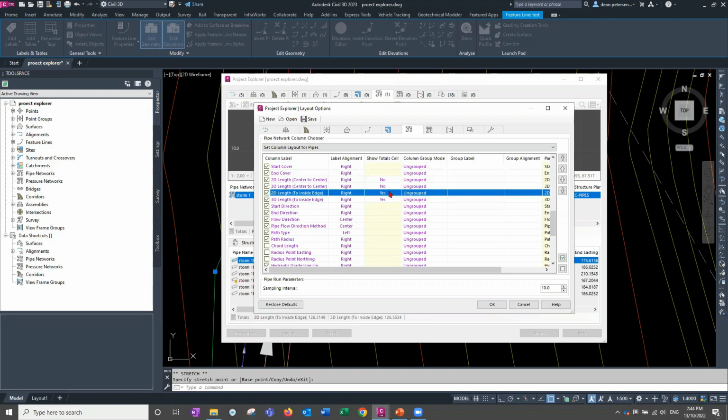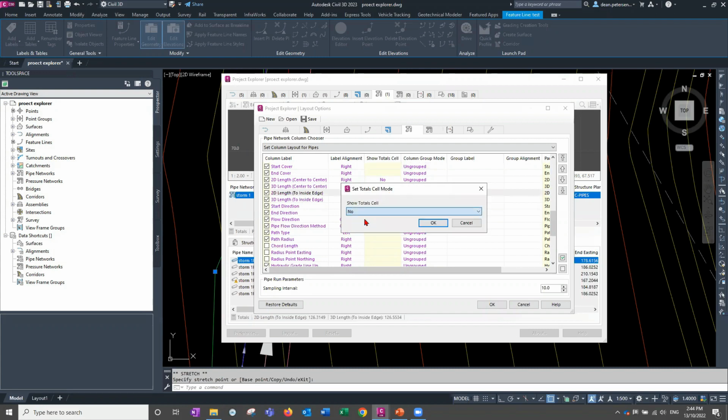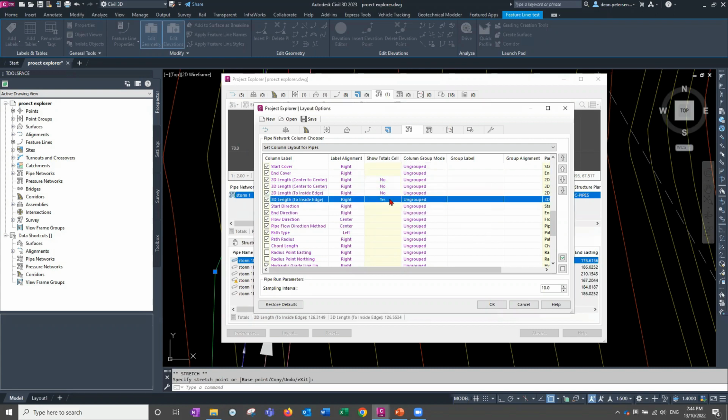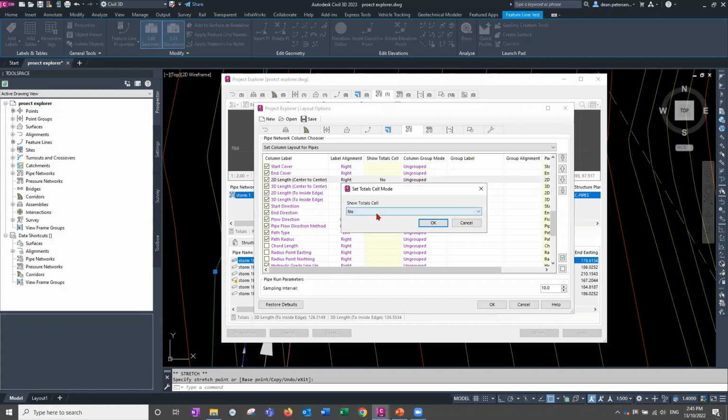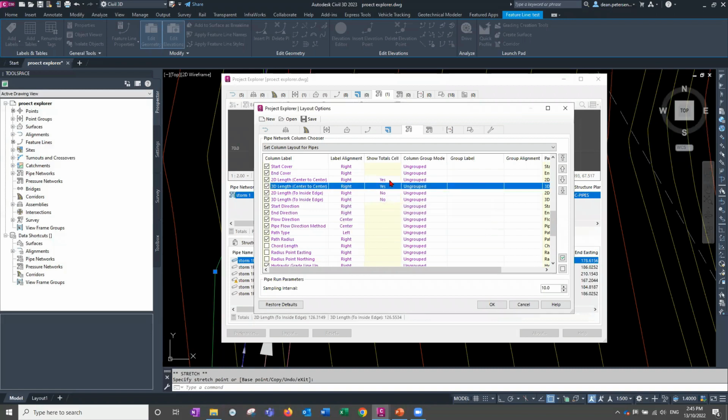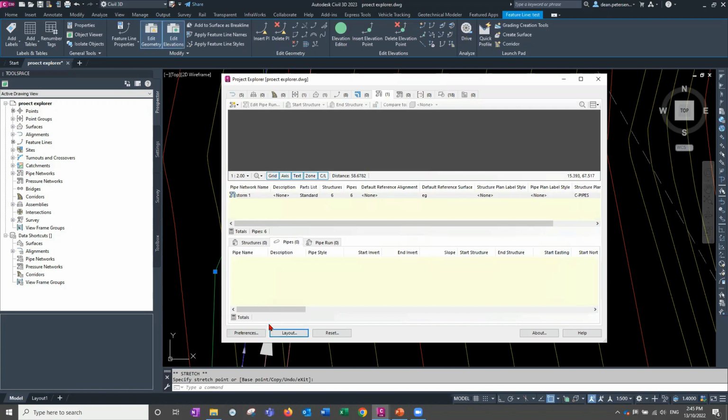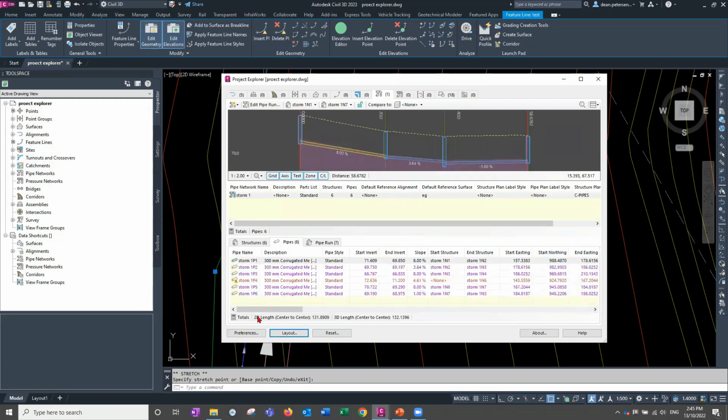I could say, you know what, I don't want that. I'm going to put that on no. And I'm going to put this one on no. But I'm going to show to the center of the structures instead, totals to those distances, if for some reason you wanted them. Personally, I think the inside edge of the structure is better, but you will need, they are off by default, all of them. So you need to go in here and turn them on when you want to see them. So doing that, go okay. Now we're getting for all the pipes, the 2D length center to center and 3D length center to center of